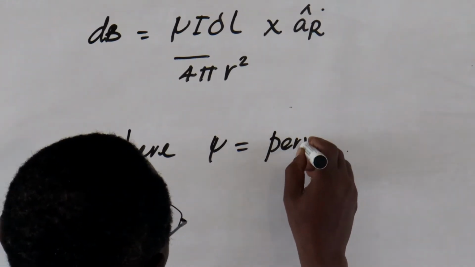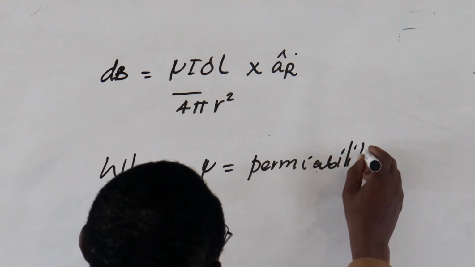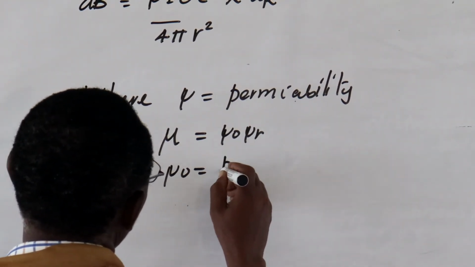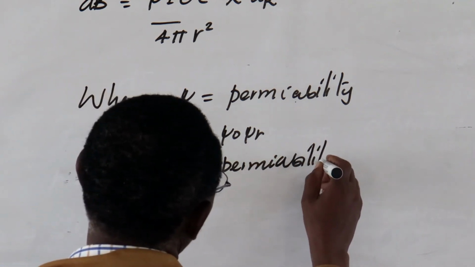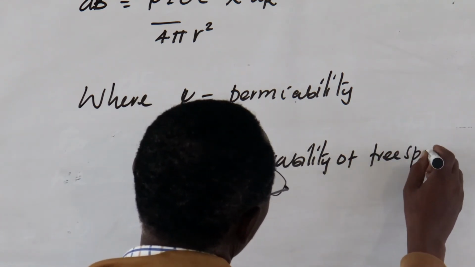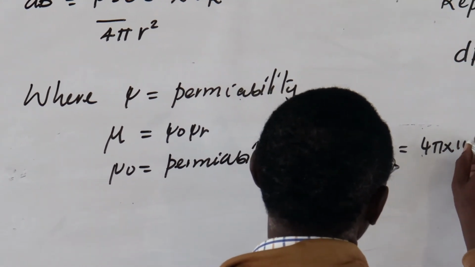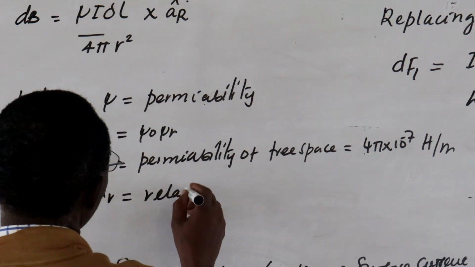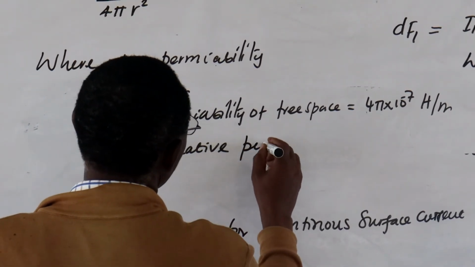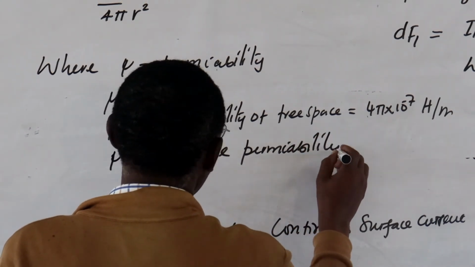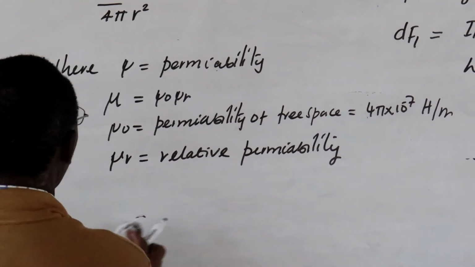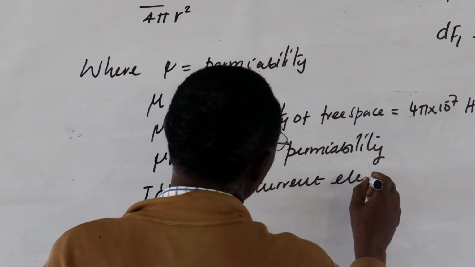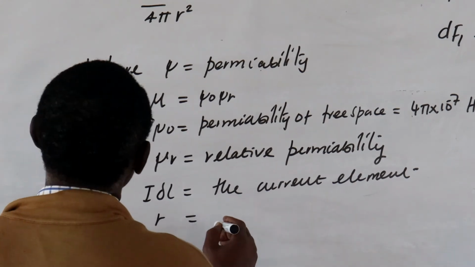Where mu is permeability, and mu is equal to mu naught mu r. Mu naught is permeability of free space, which is equal to 4 pi times 10 to the power minus 7 Henry per meter, and mu r is the relative permeability. I dL is the current element, r is the distance,